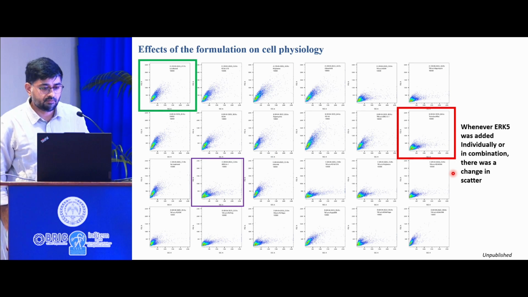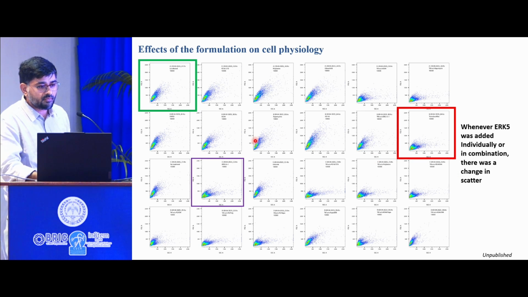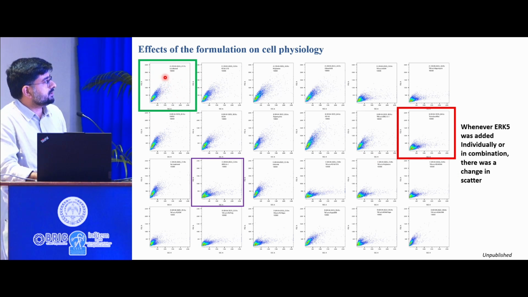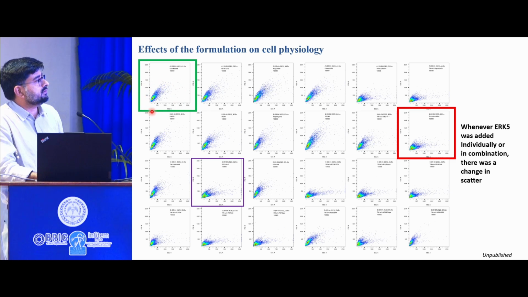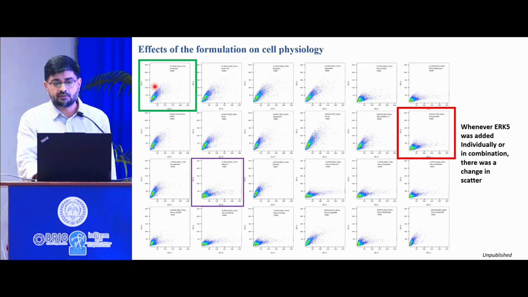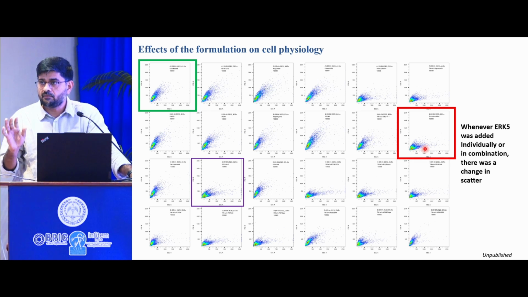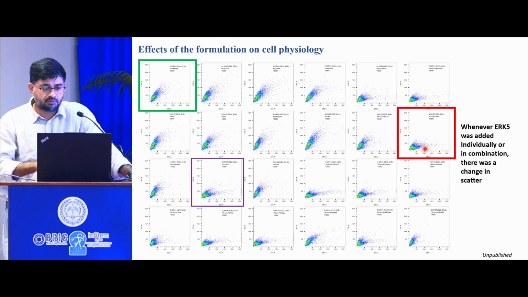And that's what we did when we looked at the scatter plots. This slide is busy, I know, but I want you to focus your attention here, where we see that the scatter of the transduced and untouched cell is something like this. And when we add this cocktail formulation, you can see that the scatter is changing, suggesting that this compound has some impact, either it is inducing differentiation, or it is doing something to the target cell type, which may not be good from the therapeutic point of view.